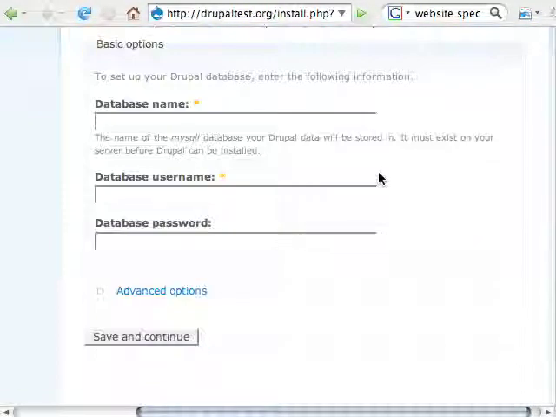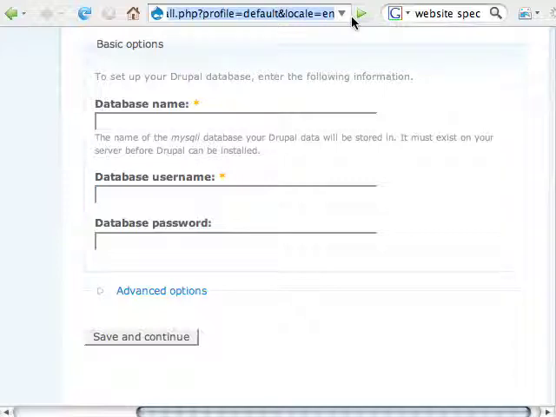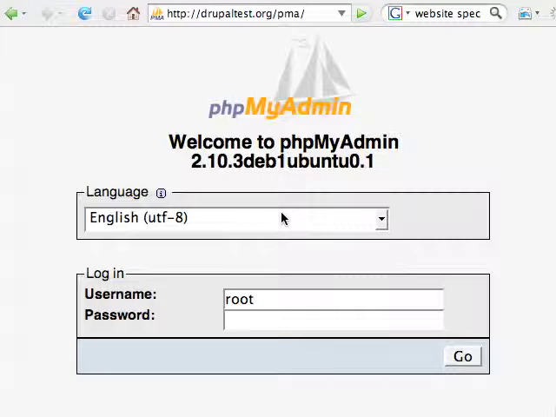What we want to focus on here is the database information that we're going to need. Now, I don't have a database set up yet, so before we can proceed here, I've got to create my database. And I have phpMyAdmin set up on the server. So I'm going to log into phpMyAdmin